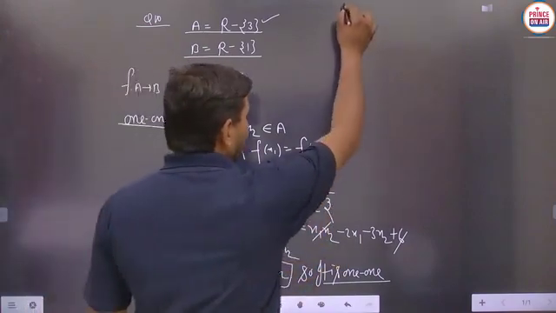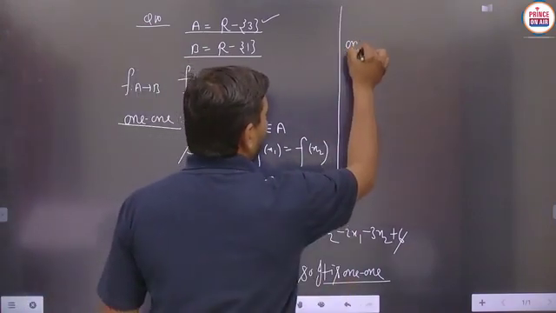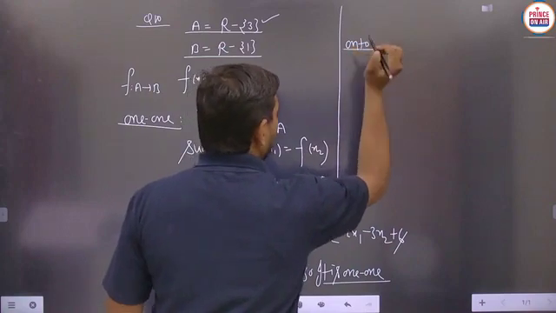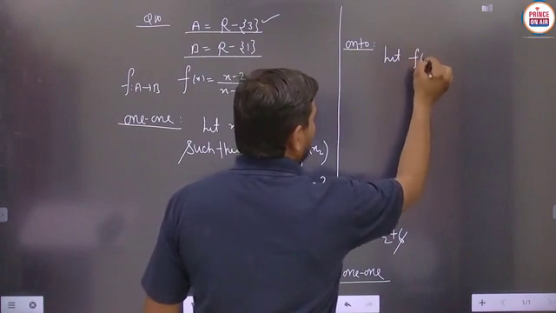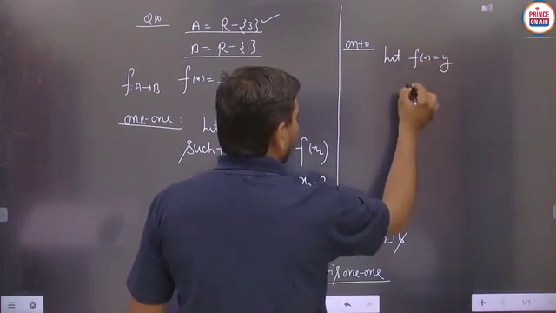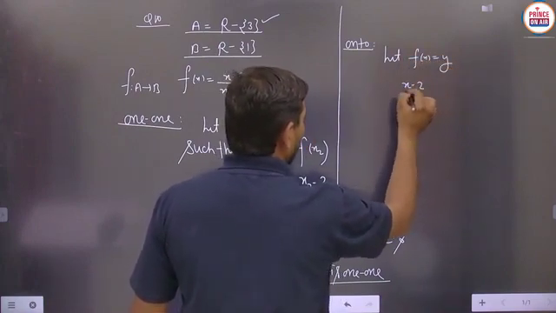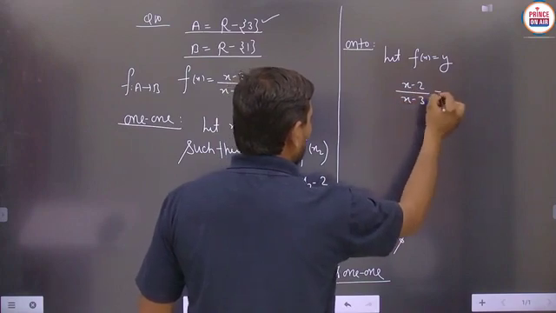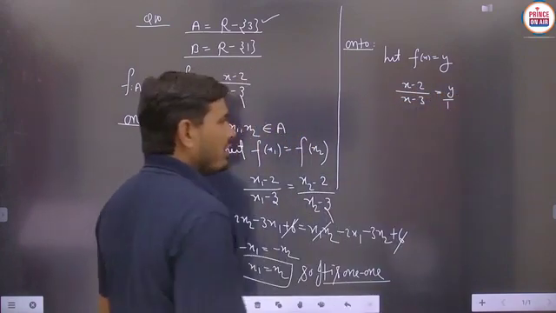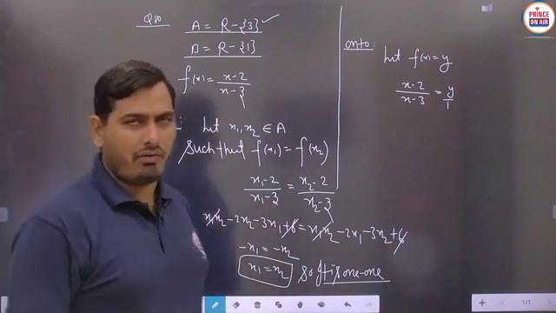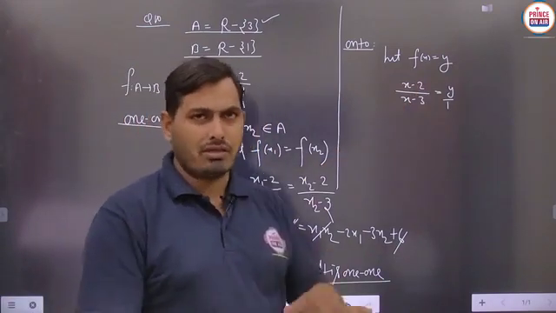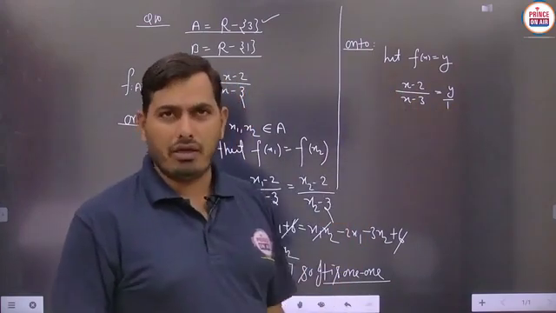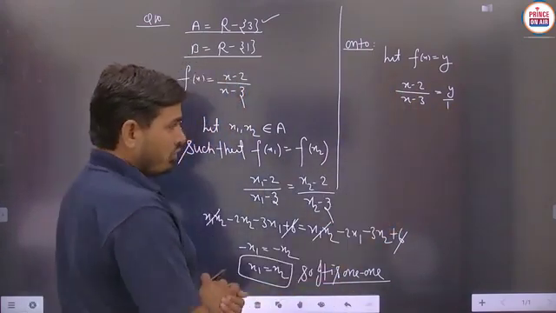Now the second case, we have to check whether the given function is onto or not. Here, let f(x) equals y, where f(x) is given as (x minus 2) upon (x minus 3) equals y. We are interchanging x and y here, because y will be written in the form of x; now x has to be written in the form of y. For this part we just use cross multiplication.